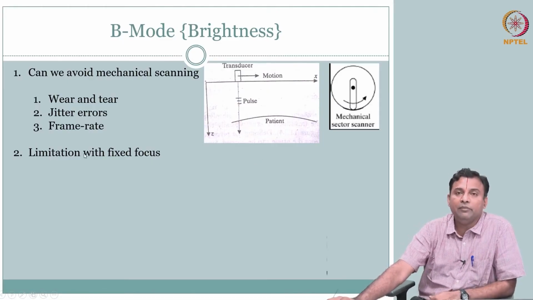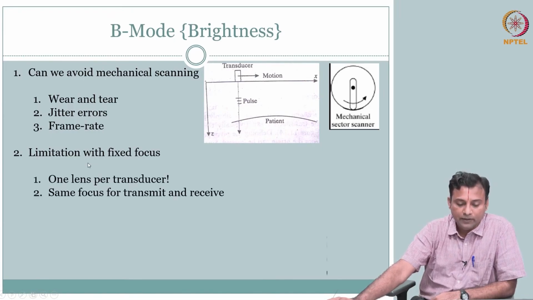But here you are clearly limited. You have only one transducer which comes with a fixed lens, and therefore there is only one focus. So that is a challenge, right? Both transmit and receive use the same lens, so you have a problem. What else? Is there anything else that comes to your mind? From an image quality perspective, focus is a big issue, right? Well,